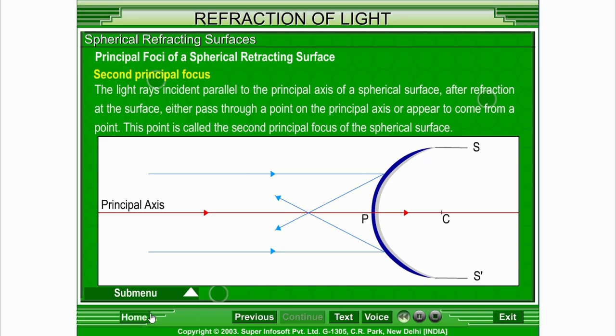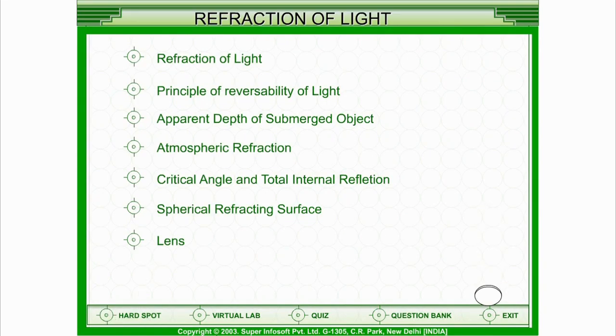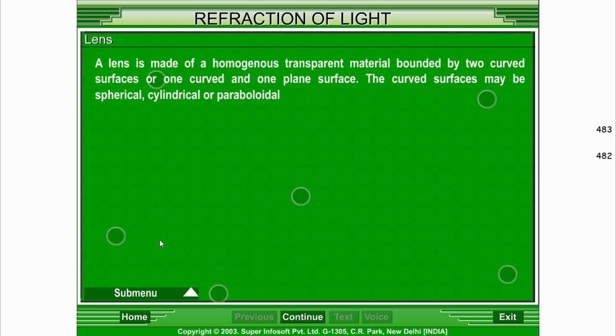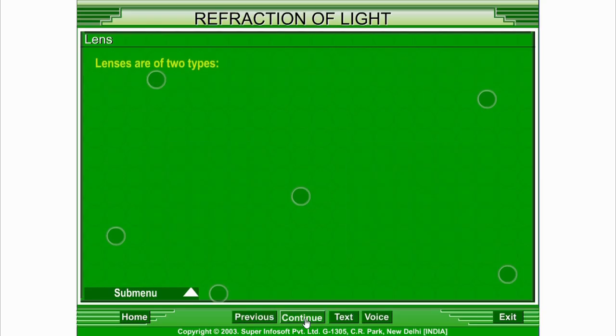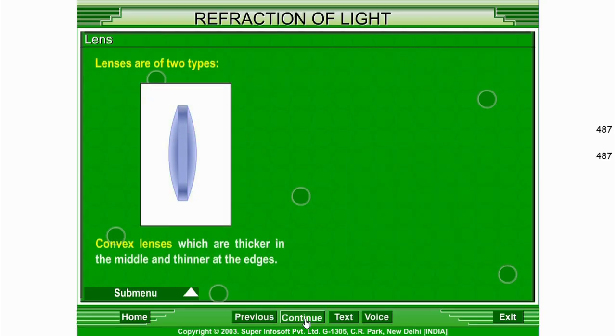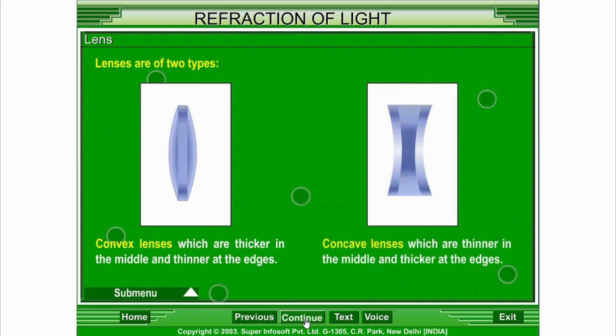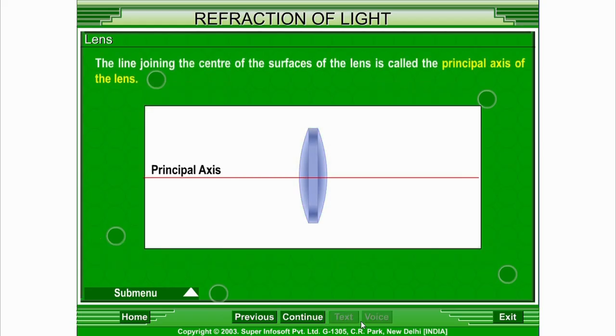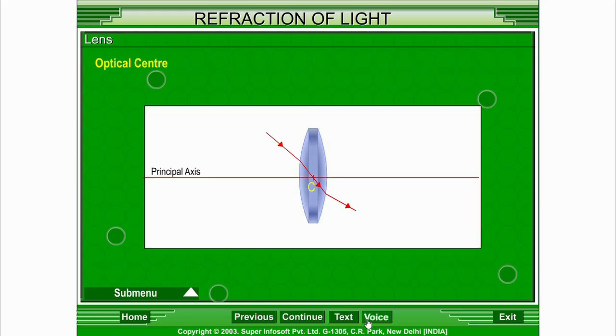The light rays incident parallel to the principal axis of a spherical... Optical center. If a ray of light is incident on a lens such that after refraction through the lens the emergent ray is parallel to the incident ray,